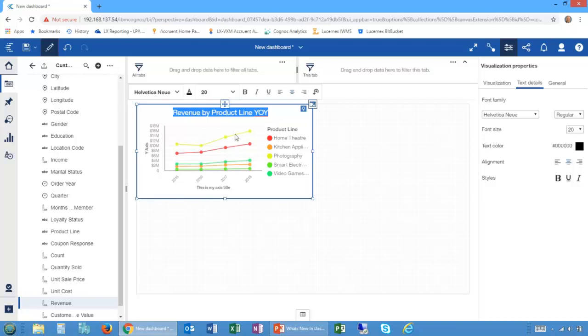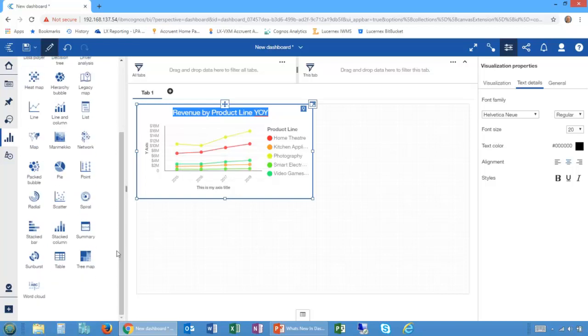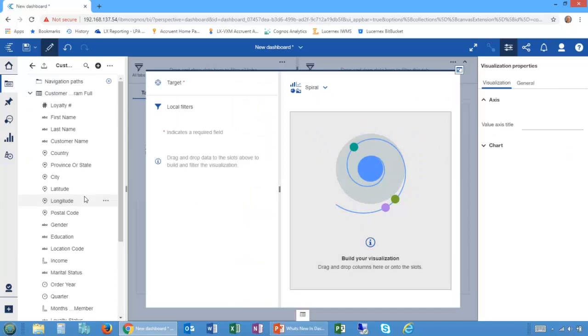So I'm going to go ahead and add a new visualization now. Just like in 11.0, I can add a visualization by adding data to the canvas, or I could pick the visualization I want and then populate it with data, right? So I'm going to pick this new visualization, again, an incorporation of this Watson technology into Cognos Analytics for me. The spiral diagram is to understand drivers for a particular outcome, and specifically for numeric outcomes like revenue or